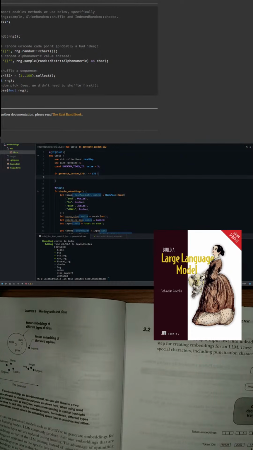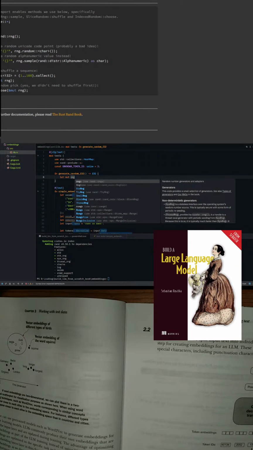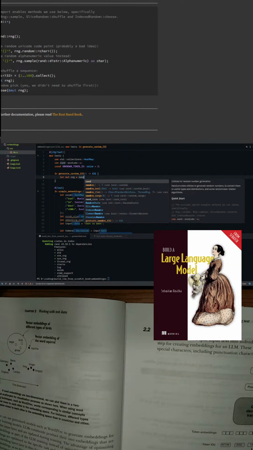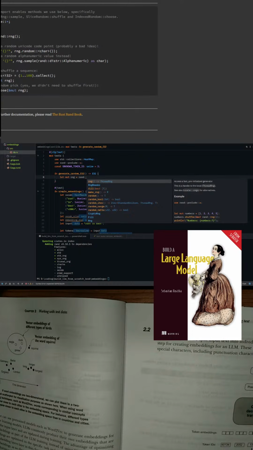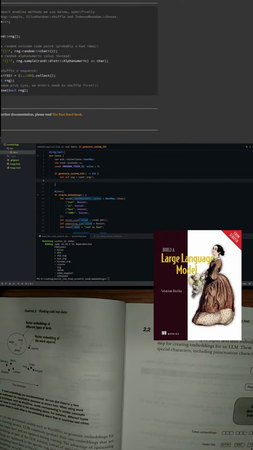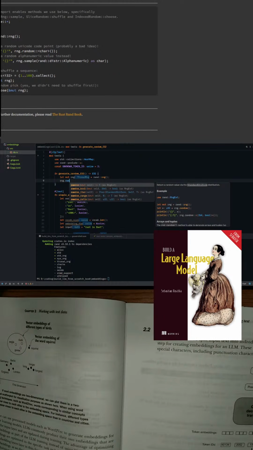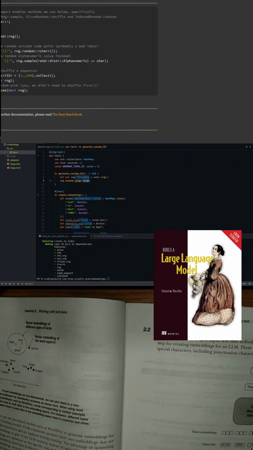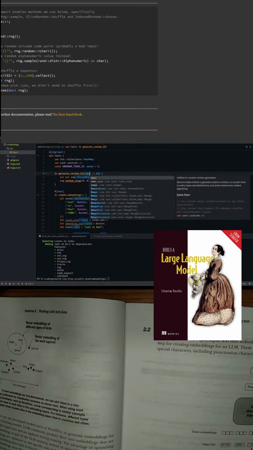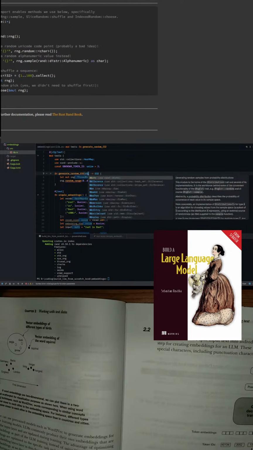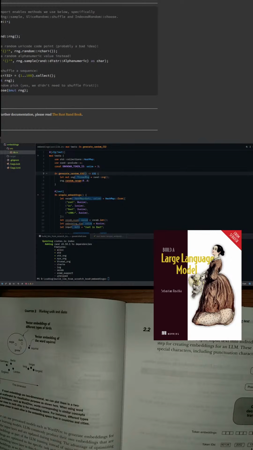Let's call this one let mut rng rand rng and then rng.random. Oh, there's something like this random range, so I can do this. Length